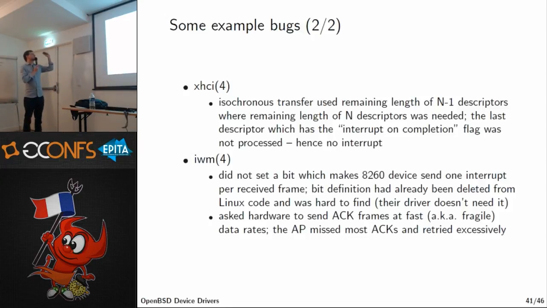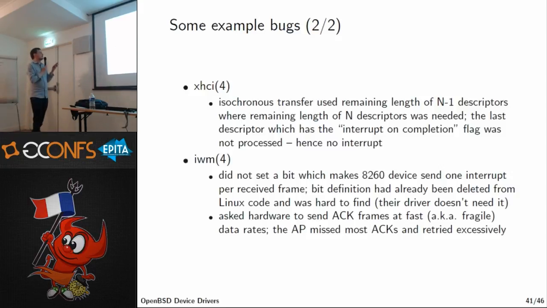An off by one example was recently in the new XHCI code I wrote, where you give it a couple of descriptors that describe the transactions it's supposed to do, and at the end of the last one, it's supposed to send an interrupt. The device checks this interrupt on completion flag on every such transaction, and if it's set, it sends the interrupt. If not, it does not. What we did was we only gave it all but the last descriptor, n-1, and never got an interrupt. So I was sitting there thinking, why is this hardware not talking to me? And it turned out that we were simply having an off by 1 in the number of descriptors we were giving it.